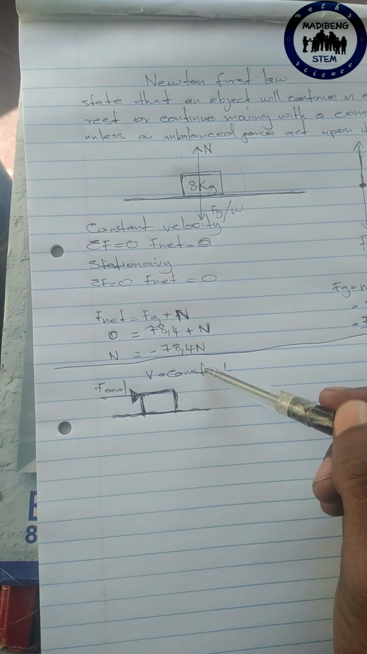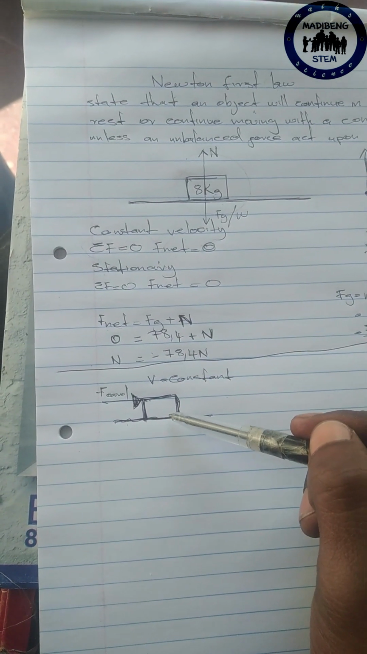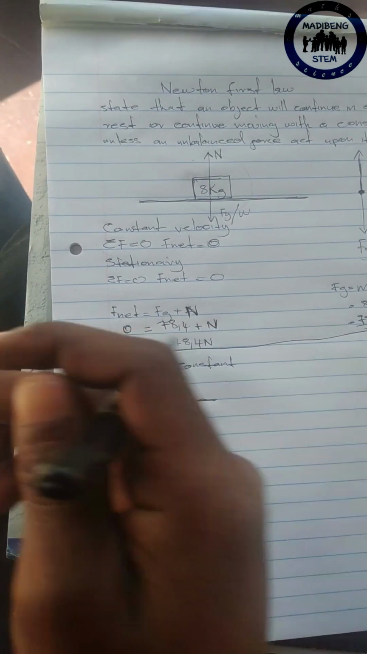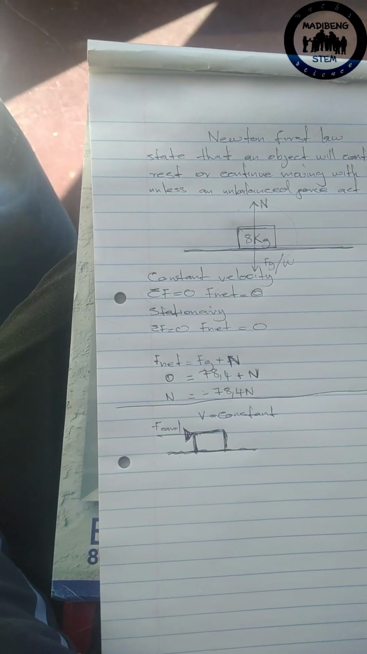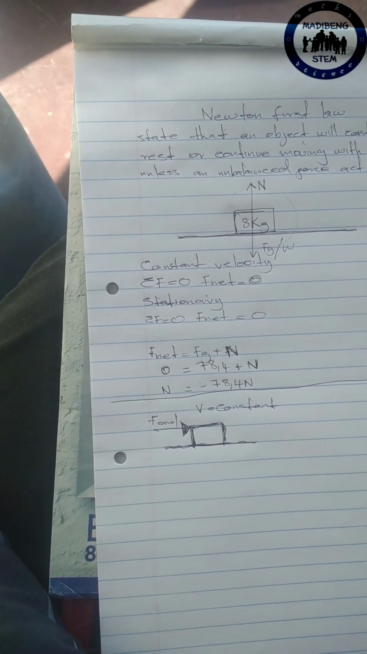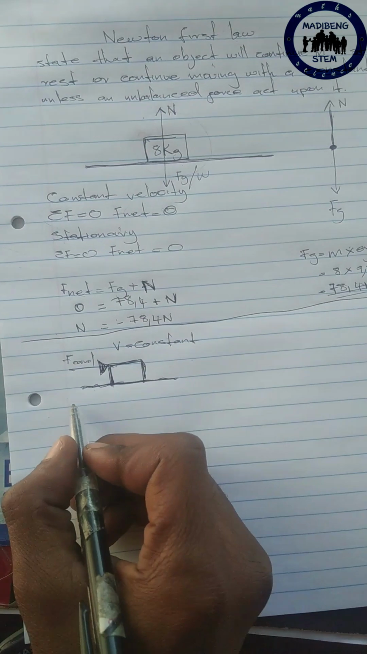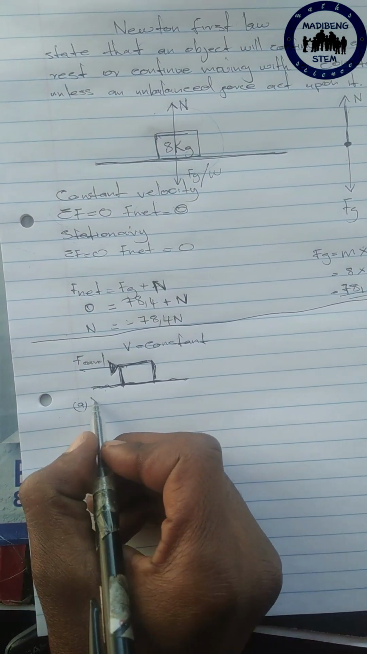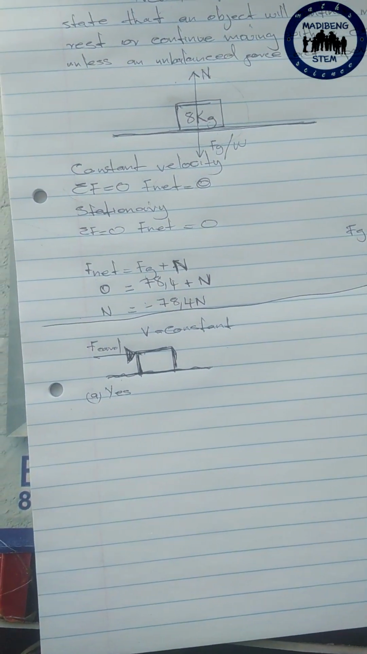So now it's pushing this with a constant velocity. They're asking if this box is in equilibrium or what. We will say it's in equilibrium. Yes, this is our first answer. So the next